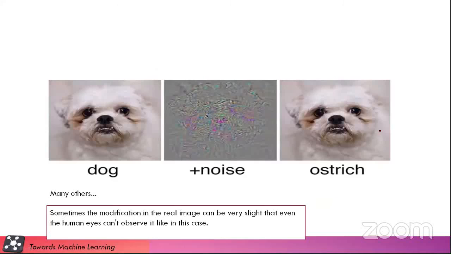But here a human being cannot say whether we have added some noise to it. So sometimes the modification can be very slight, such that a human cannot observe it, and the machine classifies it as an ostrich. There are plenty of applications, and it has a lot of malicious applications also. We will see